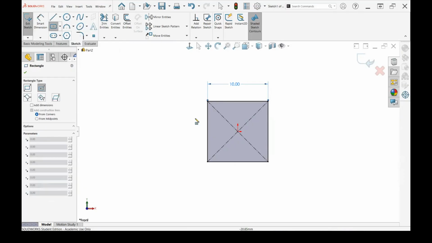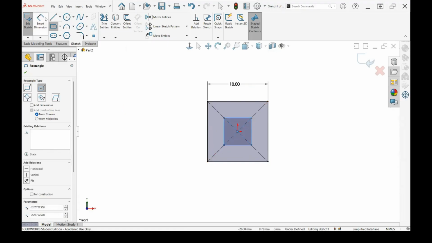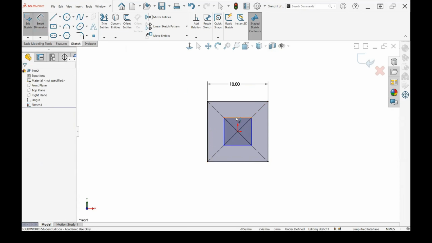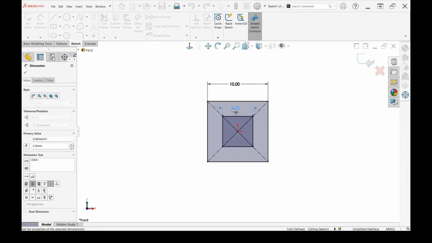And then I'm going to place another center rectangle centered on my origin. And you can see if I trace these angled bits connecting the center to the corners, it's going to force the other square inside it to also be a square. And right now I am not holding down Shift. So we're going to select another smart dimension. We're going to specify the size of that inner square as 5 millimeters.